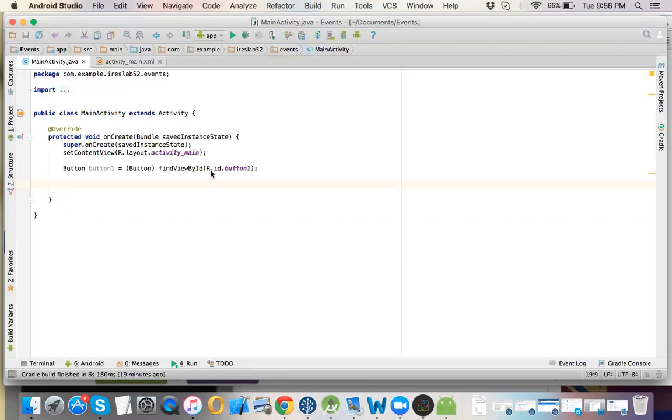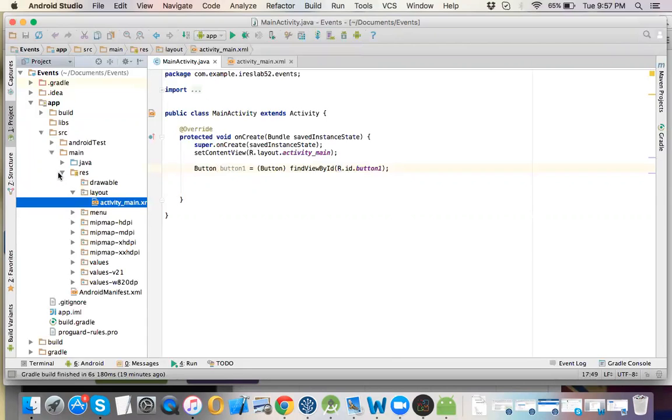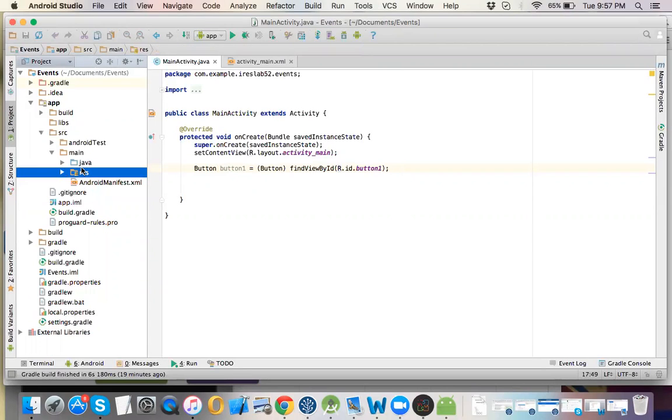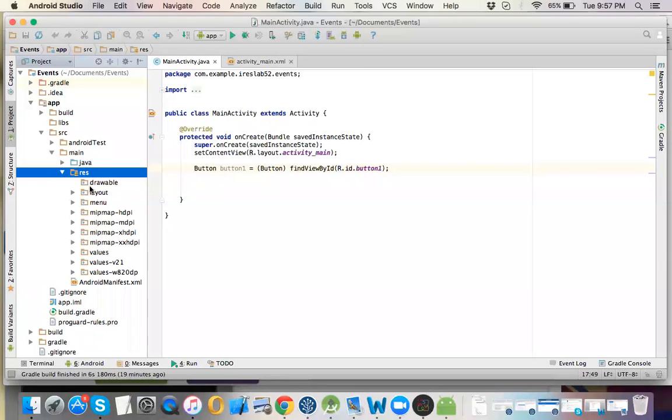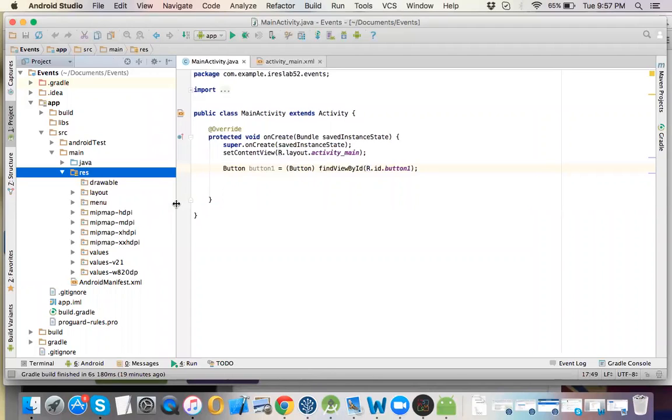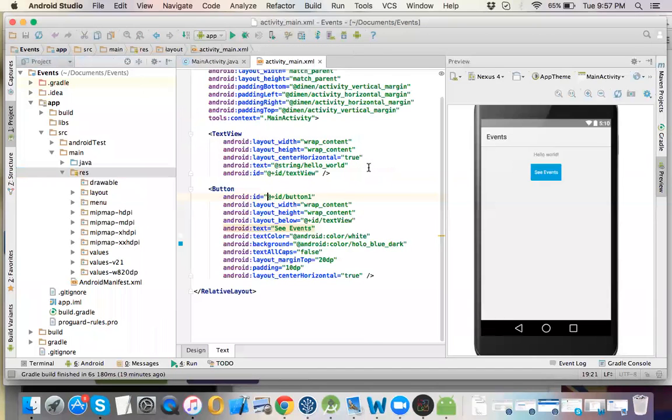Okay. So actually this R is an R file. In Android, we have a resource folder here, and everything you put in this resource folder will create an entry in the R file for it. The R file is a resource file. You don't need to create it. If you go to the R file,